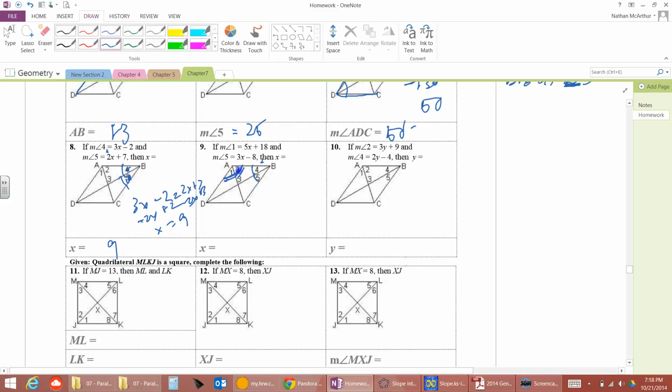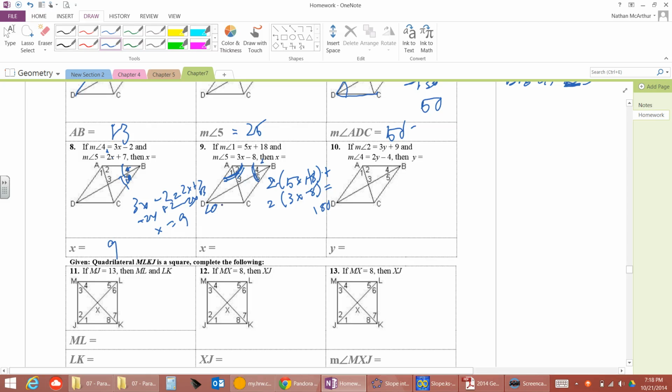Well, both of them together and both of these together have to add up to 180 degrees. So I would say 2 of the 5x plus 18s has to be added to 2 of the 3x minus 8, and all that has to equal 180 degrees. Interesting. So this is actually going to come out in full to be 10x